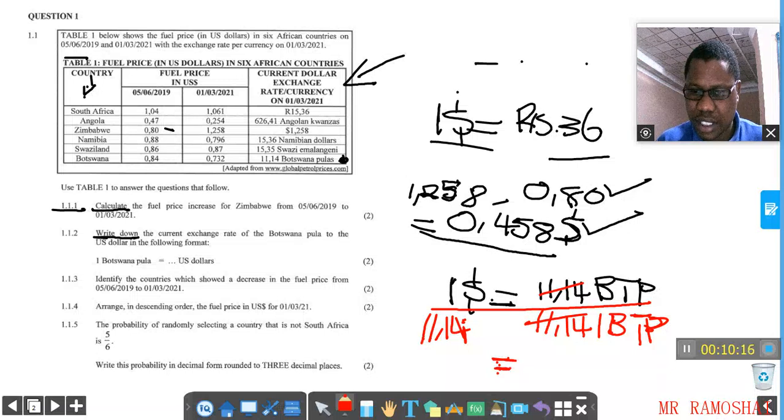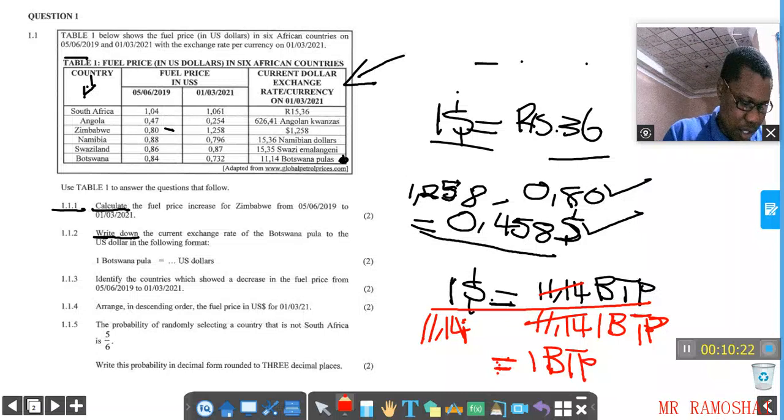Our reminder here is: 1 Botswana Pula is equals to what? Then we're going to say 1 divided by 11,14, which gives us